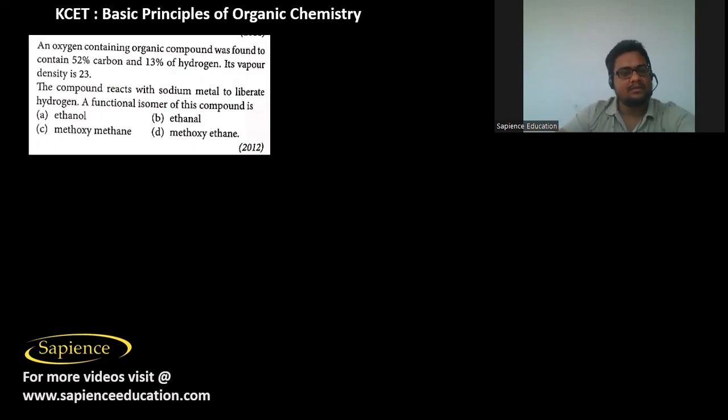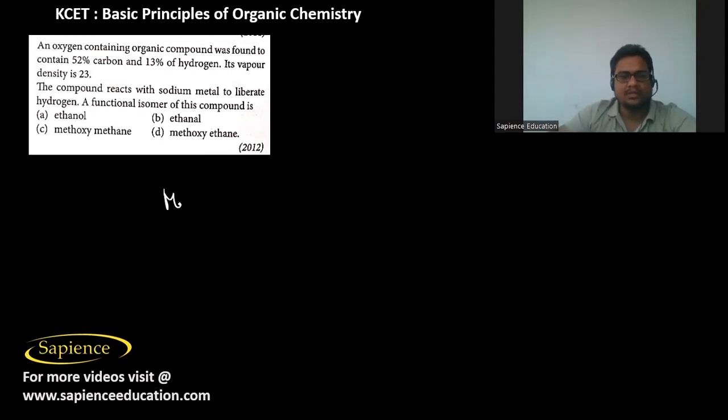Then here it is told that an oxygen containing organic compound was found to contain 52% carbon and 13% of hydrogen. Its vapor density is 23. The compound reacts with sodium metal to liberate hydrogen. Functional isomer of this compound is,